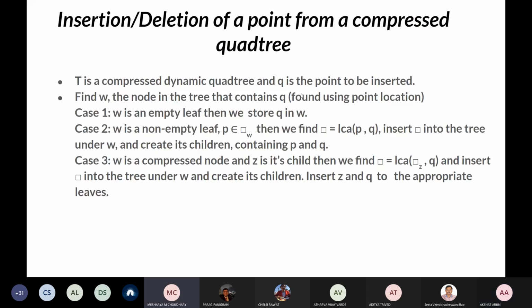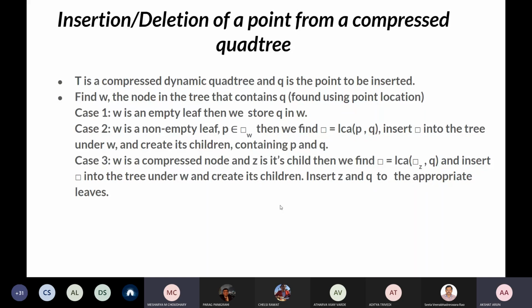Insertion and deletion of a point from a compressed quadtree, given T, which is a compressed dynamic quadtree, and Q, which is the point that is to be inserted. First, we find W, the node in the tree that contains Q, using point location in a compressed quadtree. The first case would be that W is an empty leaf, in which case we simply store Q in W. The second case would be when W is a non-empty leaf and some point P is contained inside square of W. Then we find square, which is the LCA of P and Q, and insert square into the tree under W